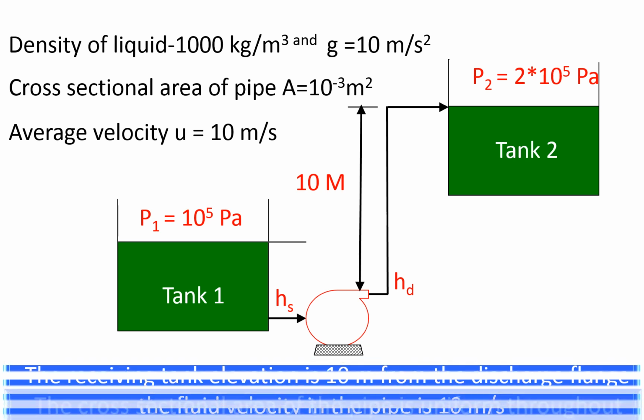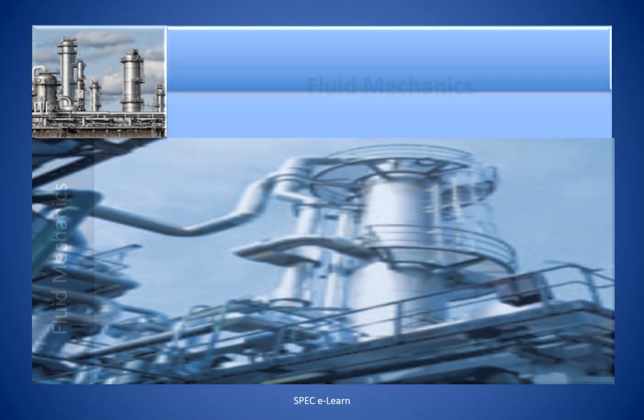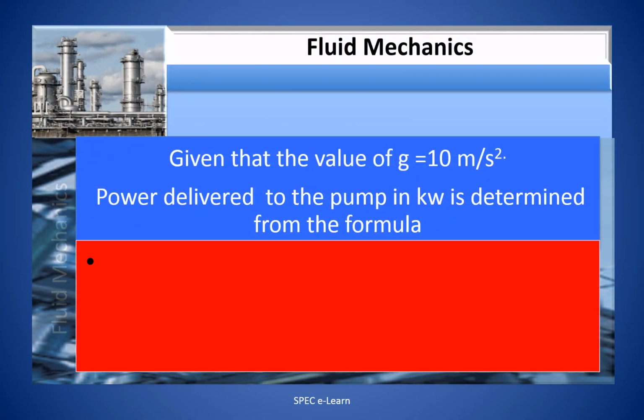The cross-sectional area of the pipe is uniform throughout. Density of the fluid is 1000 kg per meter cube. Given that the value of g is equal to 10 meter per second squared,